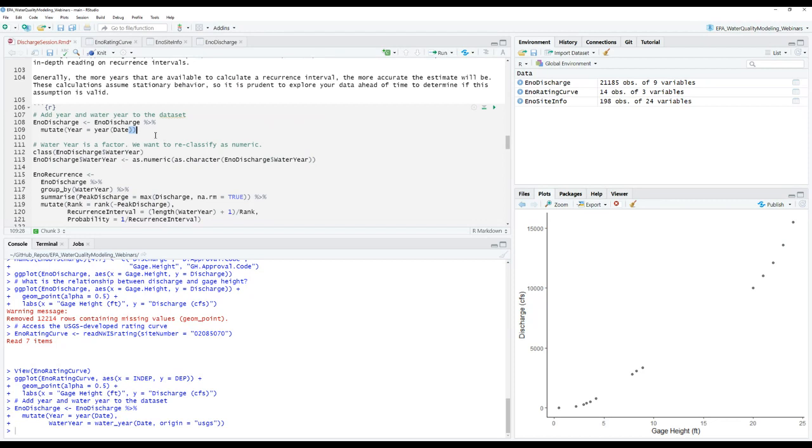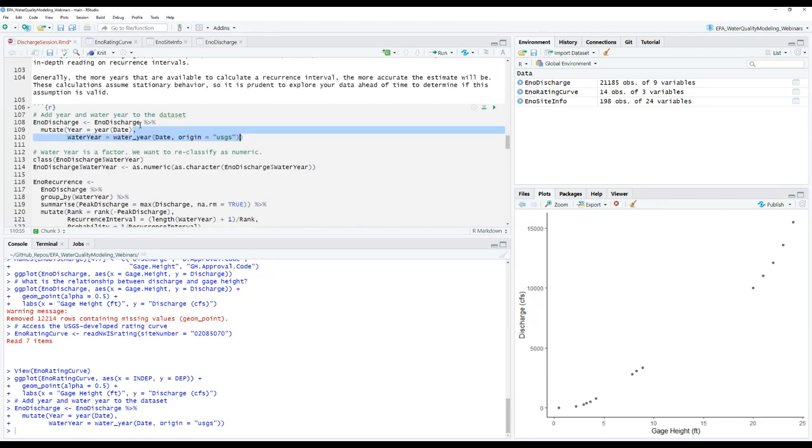If you aren't able to calculate the water year this time, there are some ways to manually do that if you'd like to Google them. But you can also just substitute in calendar year for this session so that you can actually run through the calculations. It won't be exactly correct since it's working on a calendar year rather than water year, but in any circumstance, you could substitute in year with water year, so that you can run through the script if you don't have a functioning lfstat package.